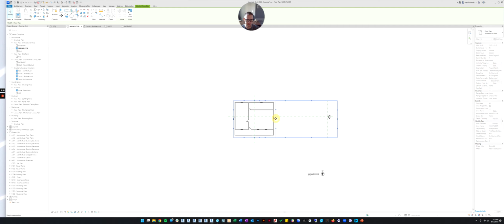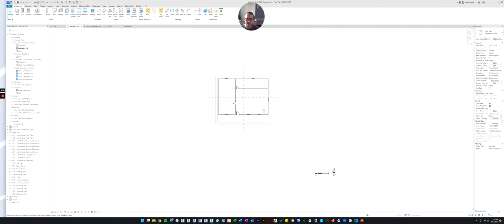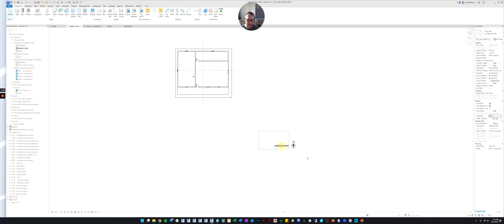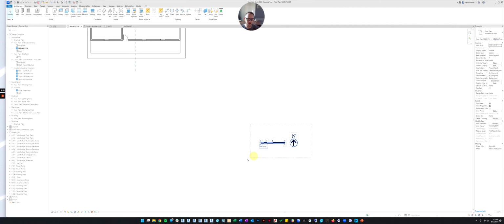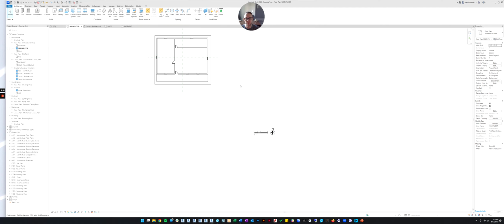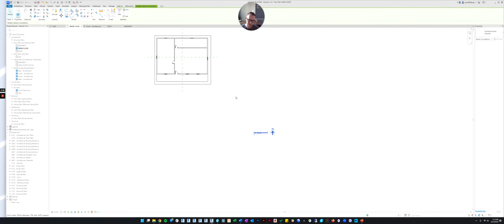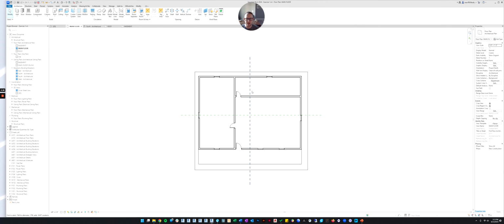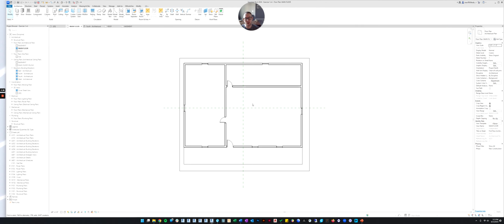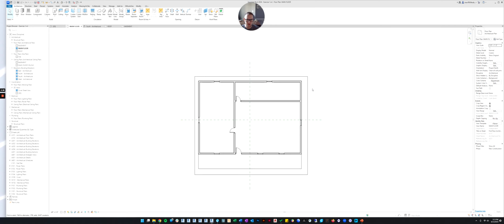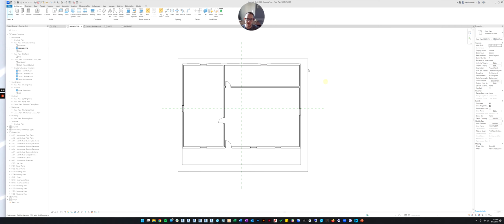Like this. And now it's cropped everything in the view. The only thing it didn't crop are these. These are what Revit calls symbols, and symbols don't get cropped. So I'm just going to delete those so that they're not in the view. We'll put those back in later, but I don't like to put them in the view. I like to put them on the sheet. So we'll talk about that in just a minute.